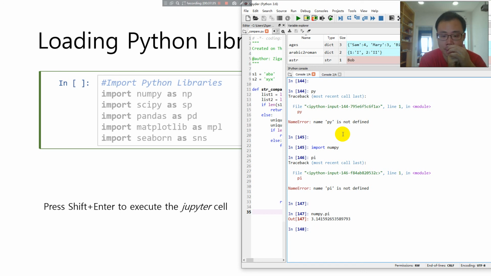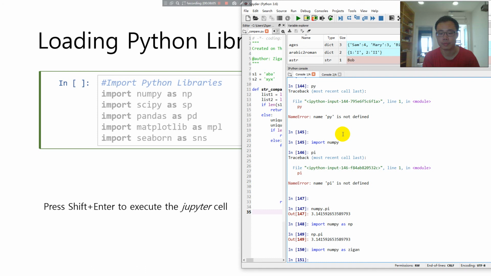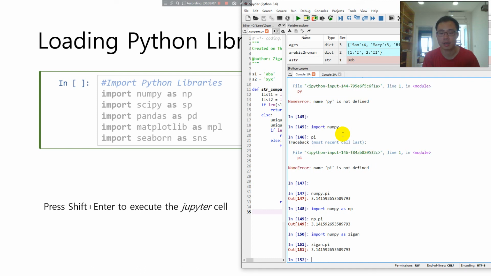Sometimes people say, hey, I don't want to type NumPy, such a long name. Can I use a short name to stand for it? Yes, you can do this by importing NumPy as something. You can do import numpy as np, then you can do np.pi. You can also import NumPy as, for example, my name. It's fine, but